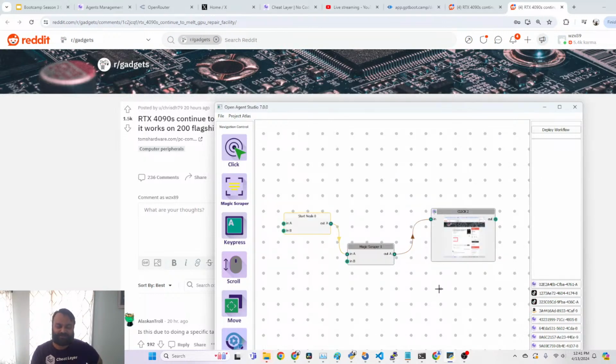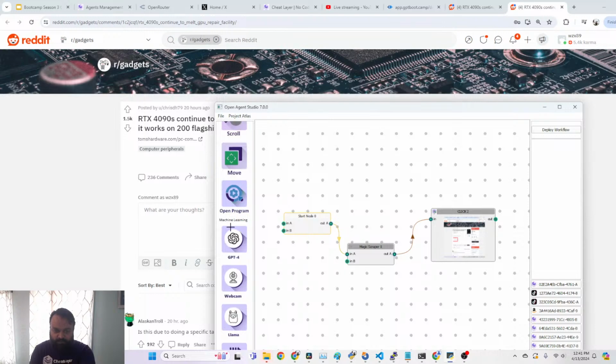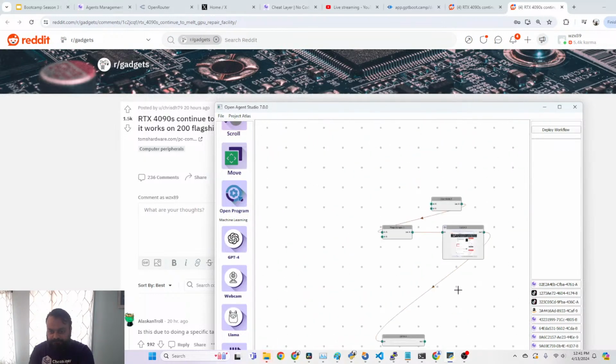So we're basically iterating towards product market fit through product experiments like this that make the UI and UX as easy as possible for completely non-technical customers. And the agent recorder is one big step in that direction. Stay tuned for that. But I just want to teach these fundamental concepts so you understand the value that it's bringing first. Okay, so after you click that area, next we're going to use the GPT-4 node.